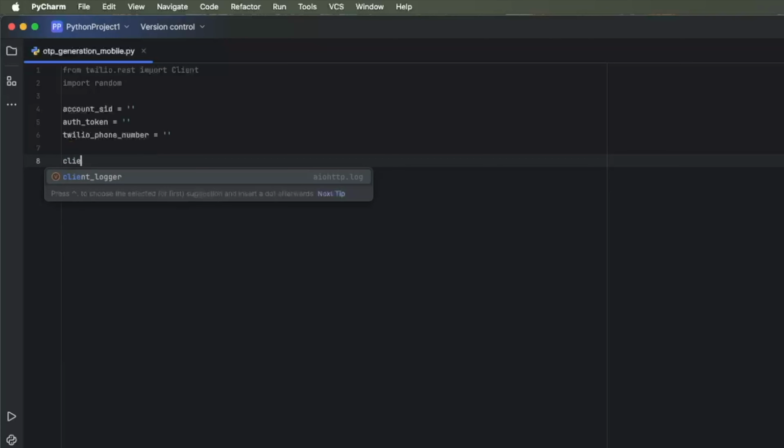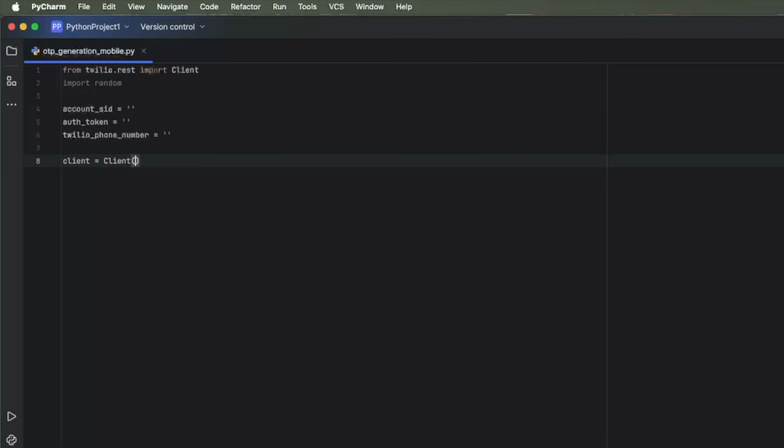So for that I'll use client, and then I'll pass two things. First is your account SID, second is your auth token. That's it. Now what we need to do is two things. First is to generate the OTP, second is to send the OTP, right? So let's create two methods. First is your generate